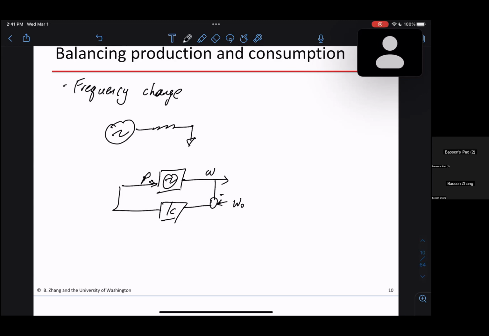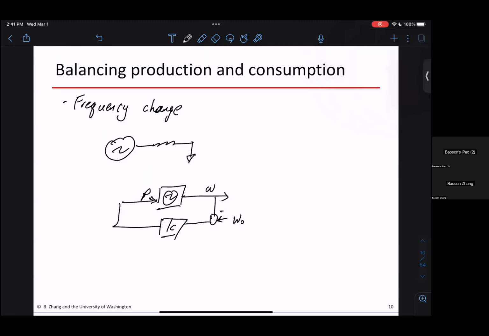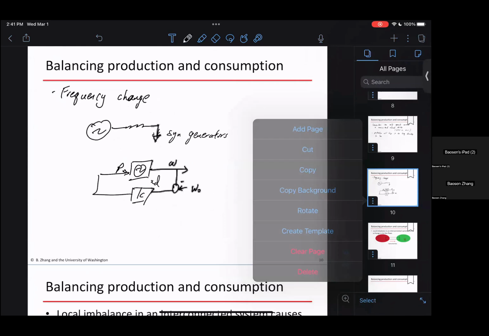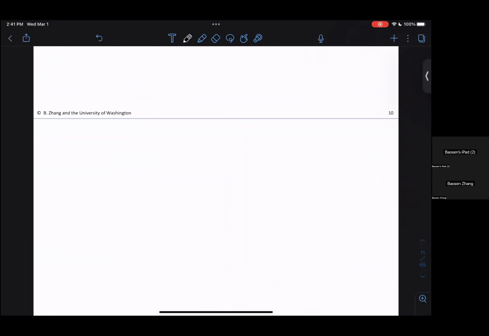Okay, so this is how the system works. And right now, a very hot topic in research is basically what happens if you replace some of the generators with things like solar or wind. So before, if you think about the situation as the conventional system,